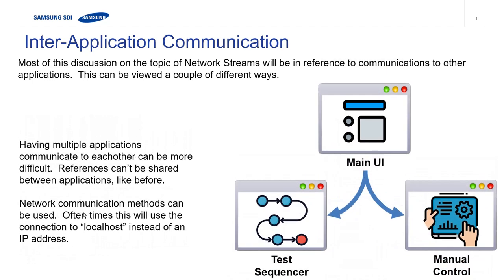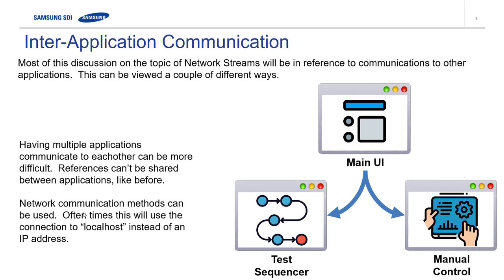Where we start to get a little bit more nuanced is when you have separate applications that are running. So imagine instead of one program doing all those tasks, we have multiple independently built programs. And you might want to do this for a variety of reasons, but one is it helps with the build process, being able to validate a piece of code on its own and then making changes doesn't affect that. So if I make changes to the main UI, that doesn't need to revalidate the test sequencer if they're completely